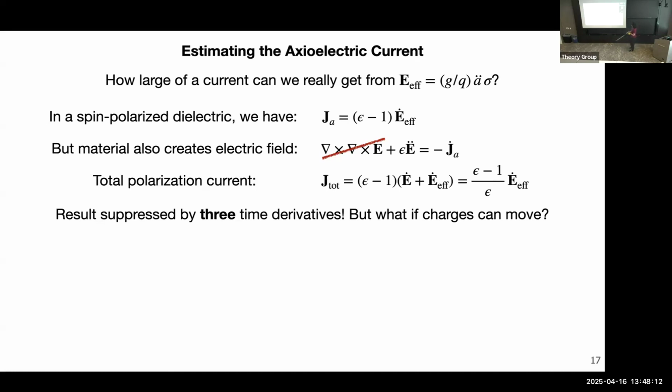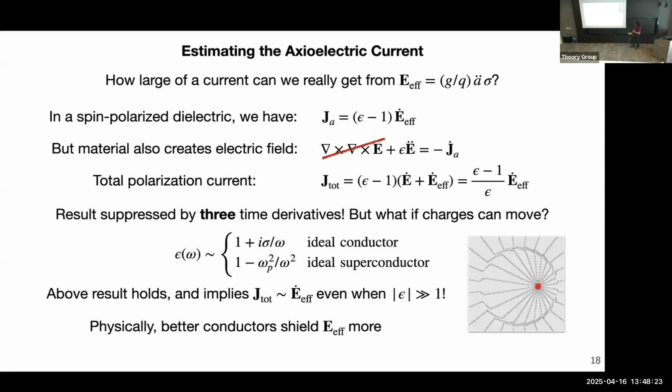Now you might say, well, of course, it's because you're considering an insulator. An insulator has the electrons not free to move. So that means that of course you couldn't get a big current in there, right? We should try something like a conductor, maybe even a superconductor. But unfortunately, that doesn't work either.